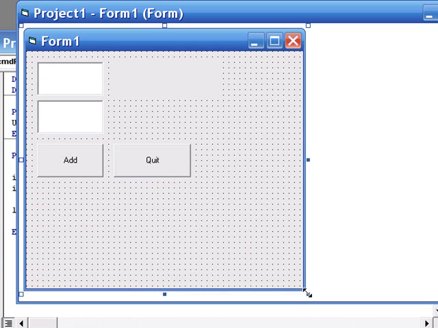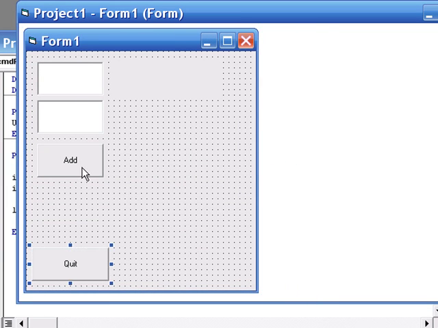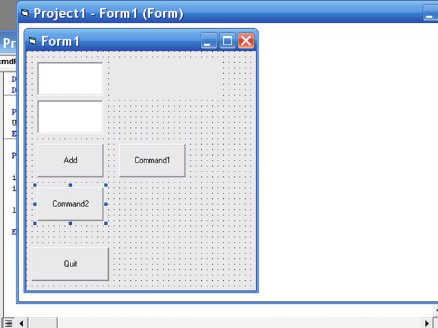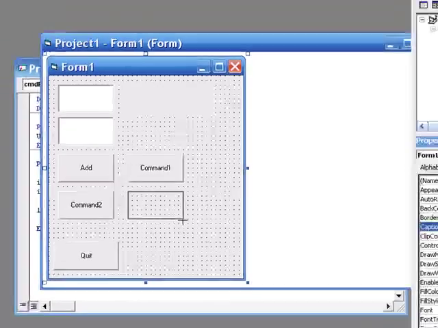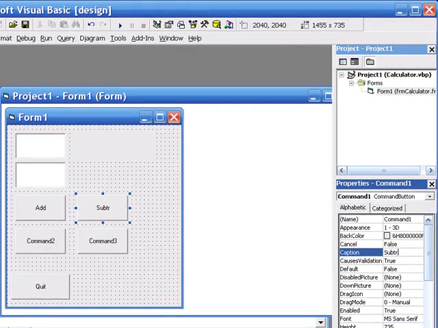What I would like you to do, and this forms part of your assignment, so I'm not going to give you the results to this. We need to add more buttons basically, and I'm just going to add a few and give you an idea of how the screen display is going to look. Okay, so we need an option to subtract, we need an option to divide, and we need an option to times. Okay,